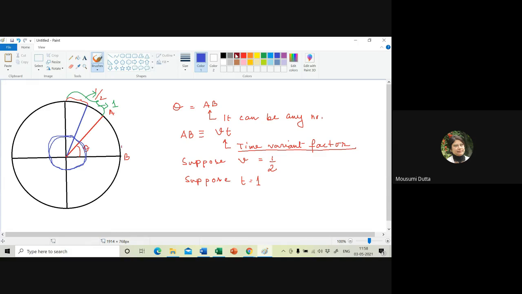So what I can write, length of AB, and that will